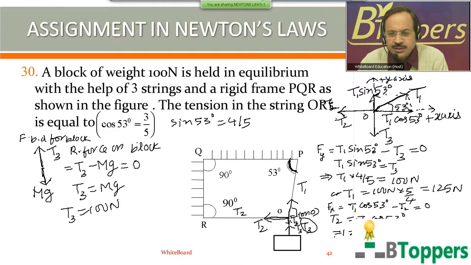This problem was given originally in one of the previous EAMCET exam papers, commonly for both medical and engineering papers, engineering entrance. So of course in the EAMCET exam you are asked to find the tension T1 in the string OP. I have just changed it to find the tension in the horizontal string OR. So you have to get the answer as, to simplify, you get 75 Newton as the answer.